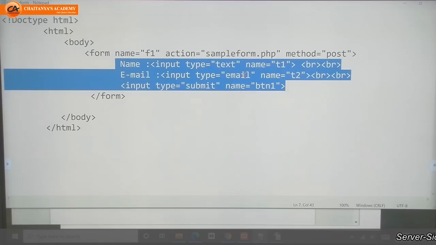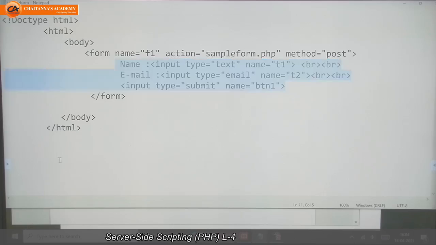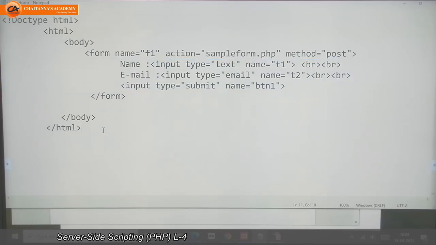But in the case of email, it is not like that. It is not only a combination of characters or numbers, but it includes some special characters. Suppose I want to write an email ID, then how can I write it, suppose abc@abc.com.